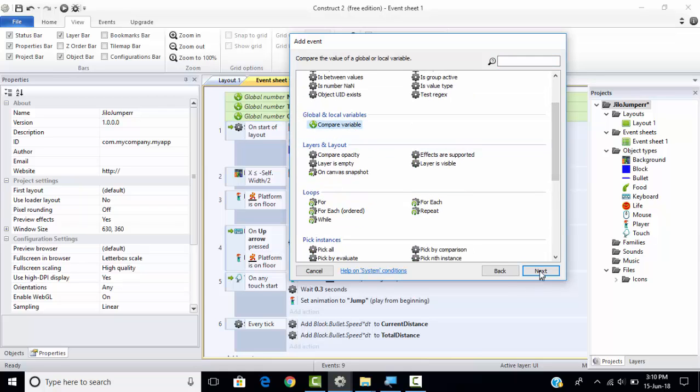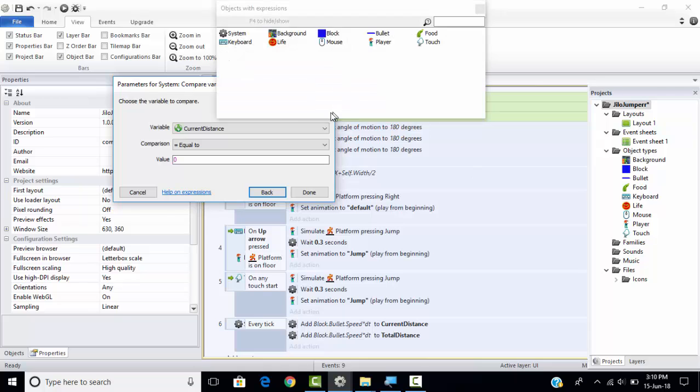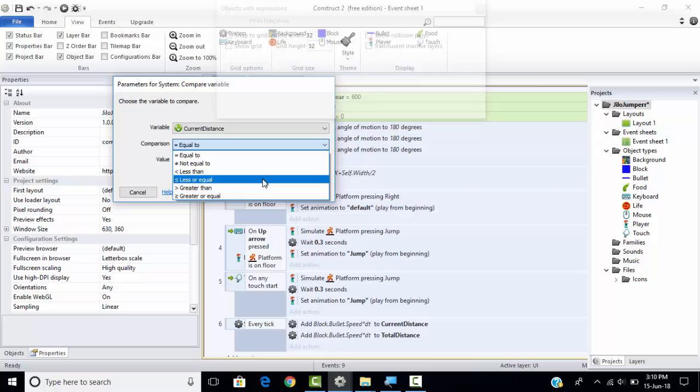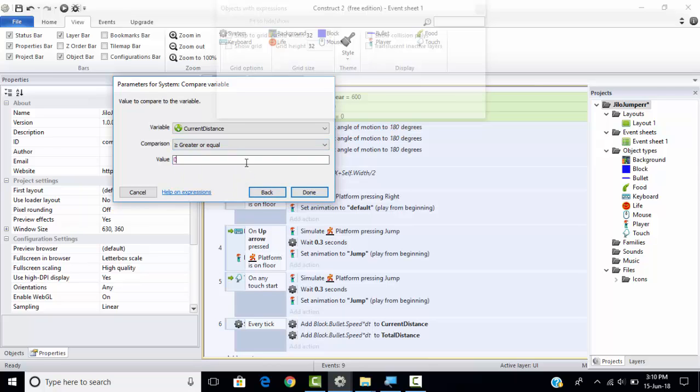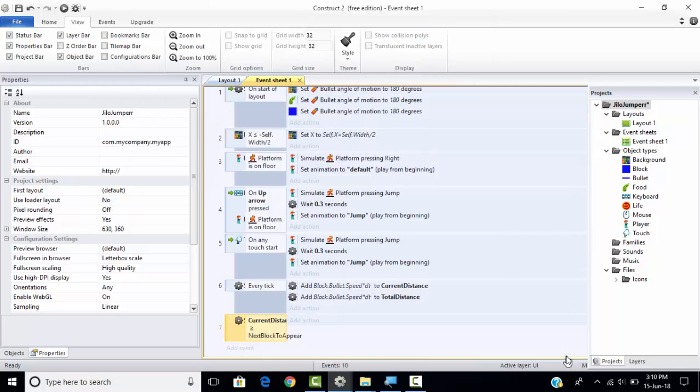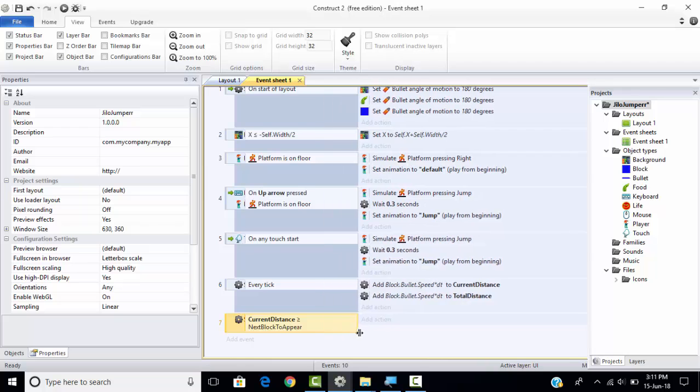So we will compare variables. You go to the system and then click on the global and local variables. Click on compare variables. Click on that, and we will check two variables, that is current distance. When current distance is greater than or equal to what thing, we will check with next block to appear, and click on next and go downwards and see that. Like this way,